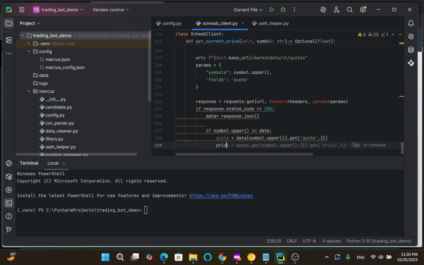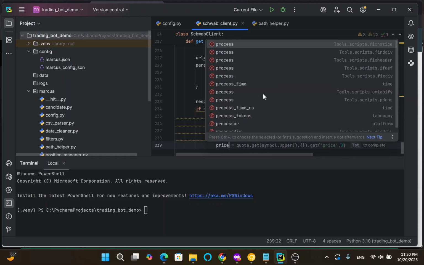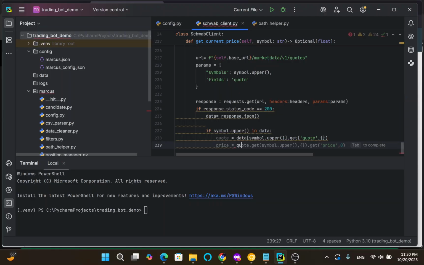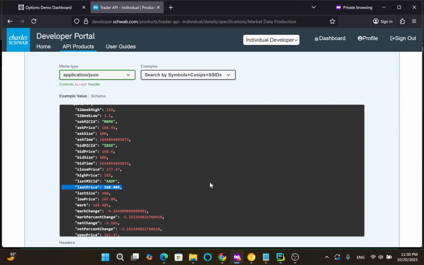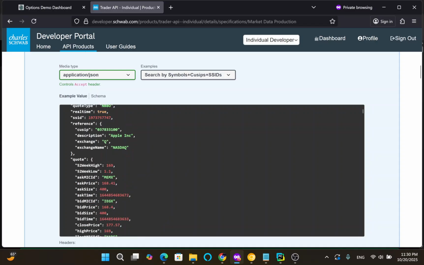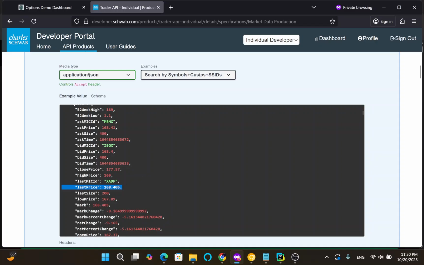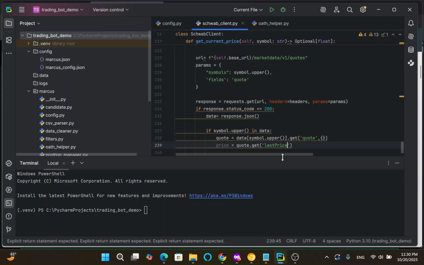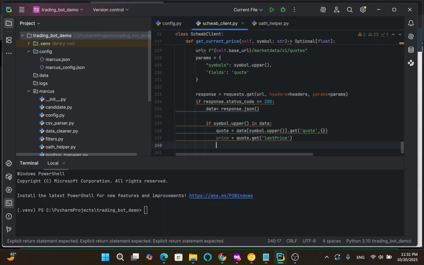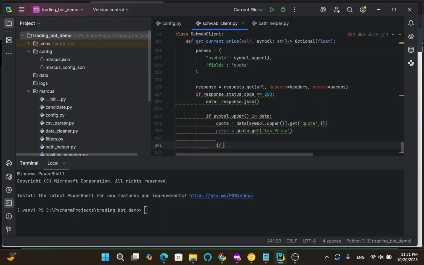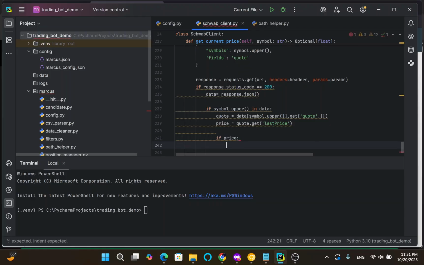And from here we are going to acquire the price. Price equals quote.get last price. We saw just in the documentation from the quote dataset, we will be checking the last price segment. Okay, we got price. Then what's next? If we got the price, return value. If price,